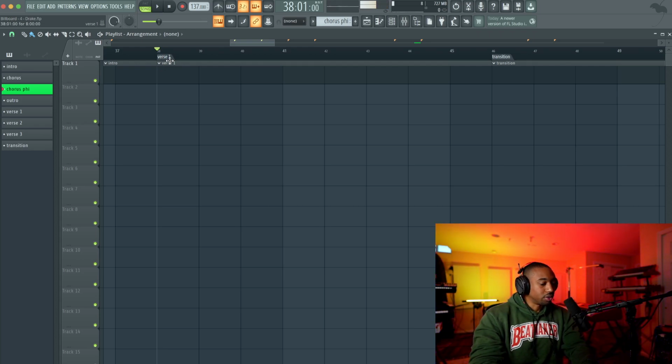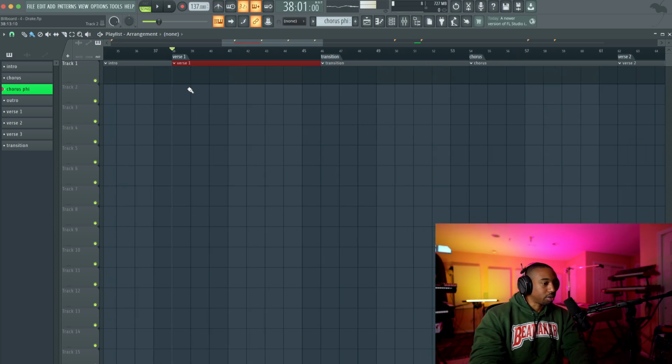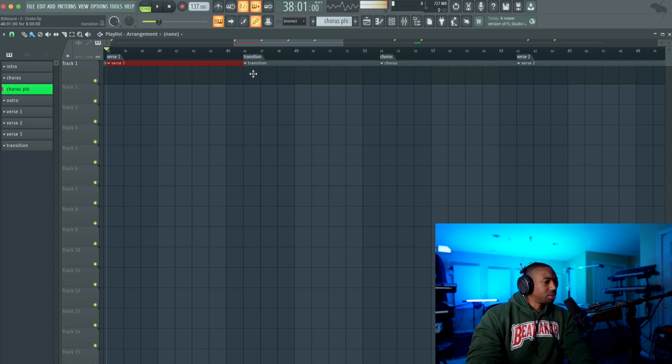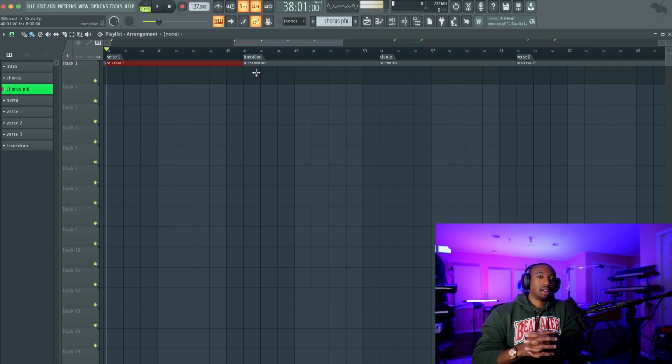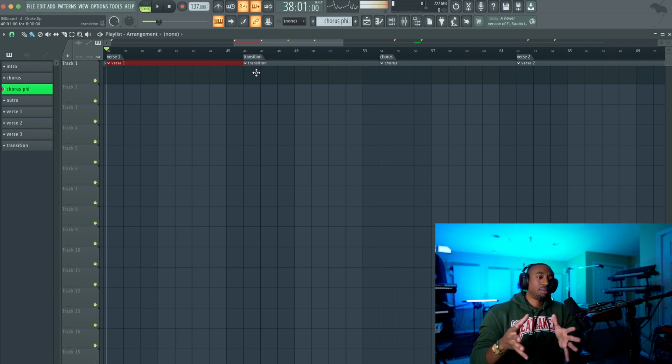Then we move into verse 1. So verse 1 here is 1, 2, 3, 4, 5, 6, 7, 8. So this is 4 bars technically of a verse, but 8 bars in terms of 137 BPM. Then we move into this new thing I've seen in a lot of genres, which is strange because I think Taylor Swift and Miley Cyrus created this or made it more popular, which is this thing I'm calling a transition.